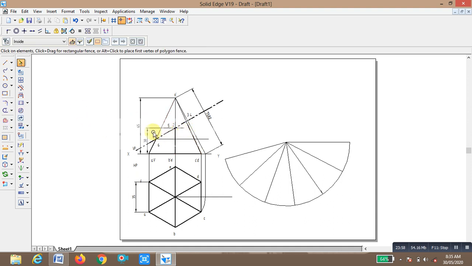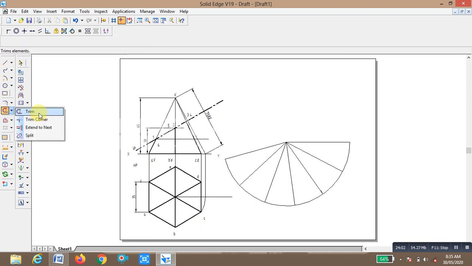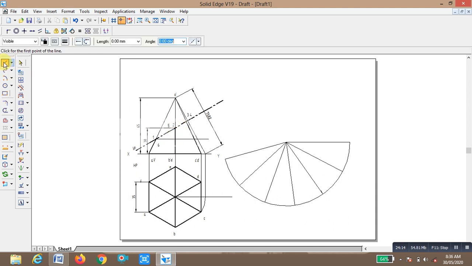Go to the line command, draw the line. Now trim these unwanted lines.